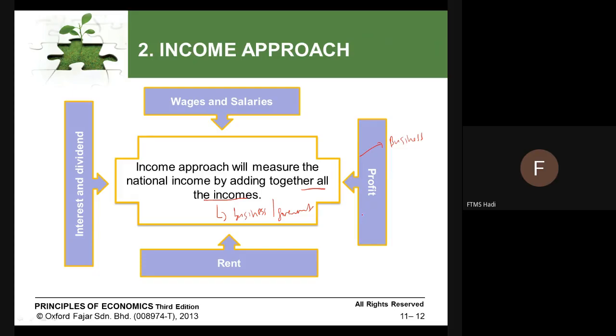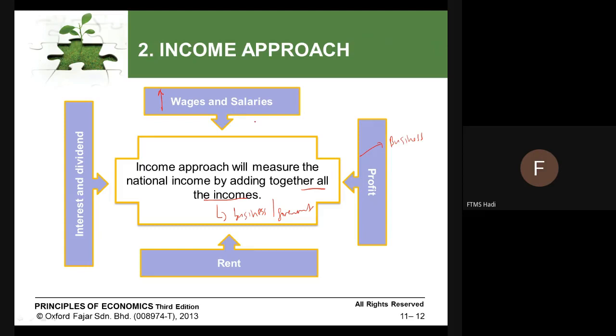Government usually doesn't generate profit much because government is more on administrating the country. Okay, the second one is wages and salary. Even though technically wages and salaries refers to money out by the business, because business will pay wages and salaries to the employer, somehow the more that they pay, it shows that the company is making profit.